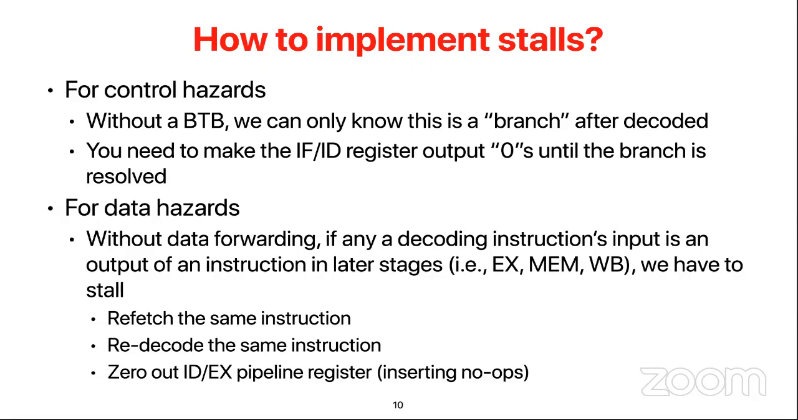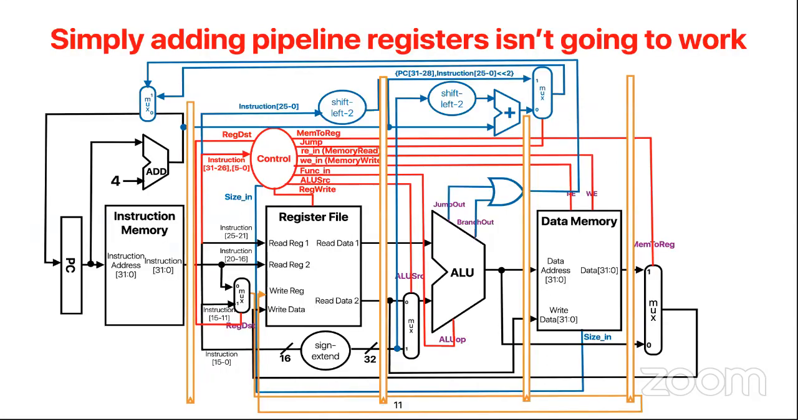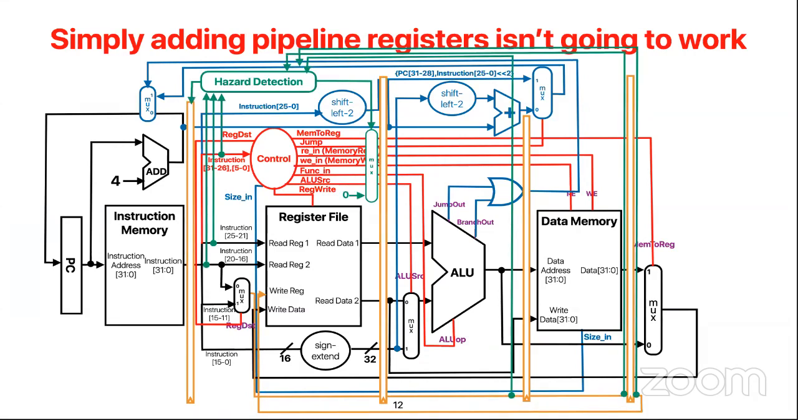And finally, you have to zero out the ID/EX pipeline register, because if you are fetching a value when the value is not ready, those values are not trustworthy. So when you say zero out, it's technically inserting no-ops. So if you want to implement the stall, you need a hazard detection unit like this, which will go